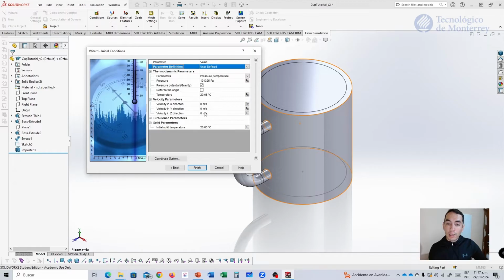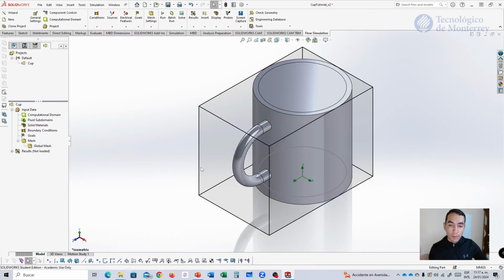We don't expect that the fluid is initially moving, and the initial temperature for the entire model is going to be 20 Celsius degrees as well. Later we are going to define what is the initial temperature of the fluid. So we can now finish the wizard, and the software is going to